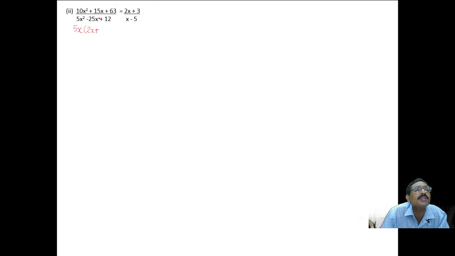What will come here so that I get 15x? 3. Okay, now let us see. 5 into 2 gives me 10. x into x gives me x squared, plus sign as it is. 5 3s are 15, x into 1 is x. So we have not changed anything, we have just removed the common term, which was 5x, plus